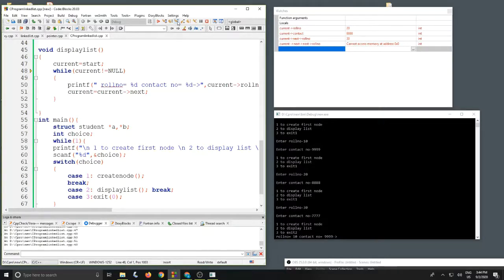No, it's not equal to null because current is holding the value 20 and 8888. This you can see in the watch window. Current is equal to 20 and it has 8888. So we will print the same value. So here you can see roll number 20 and contact number 8888 is printed. So current is equal to current next will point to the next node in the list, that is 30. So it will move further